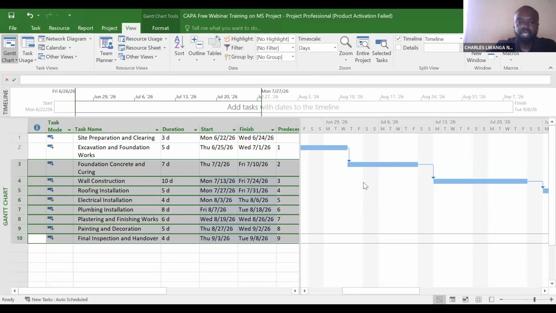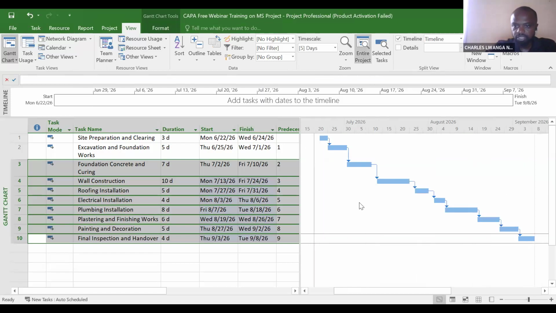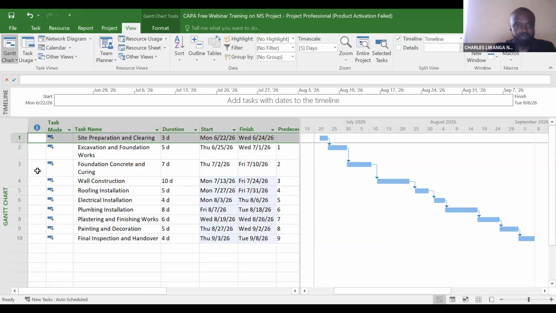When I click on the entire project, now watch. Have you seen? This is the interface of what we call a finish to start relationship that exists between the different activities. What does this explain? This explains that for ID1, site preparation, for ID2, site excavation and foundation works to start, ID1 must be